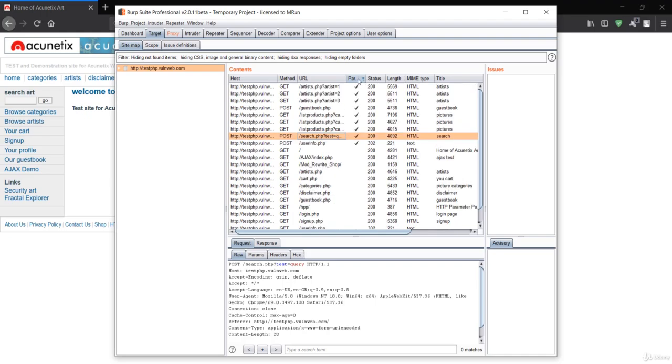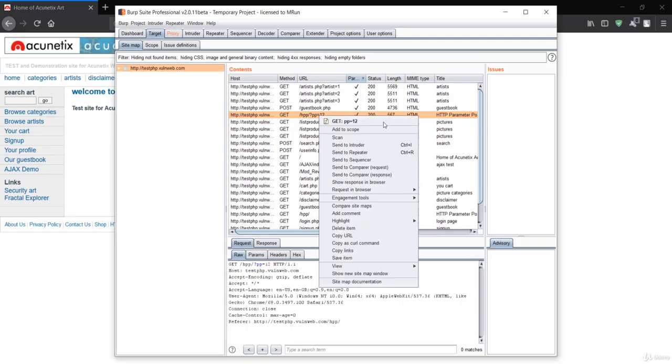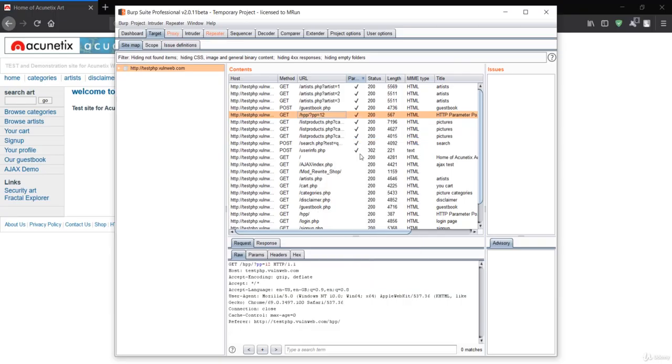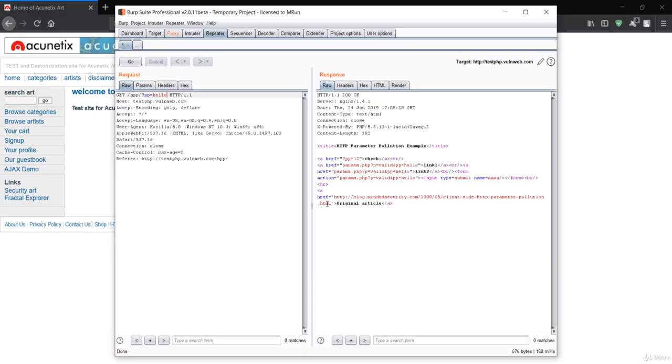All you need to do is press this parameter twice so as to get it in descending order. So we have a bunch of pages over here. Let me go to this pp parameter. First of all, you need to send it to the Repeater to see if this is reflected or not. Instead of 12, I'll say hello or something like that. Let me press Go and see if this works. I'll search for hello and it has been reflected over here in the anchor tag. That means this is vulnerable.